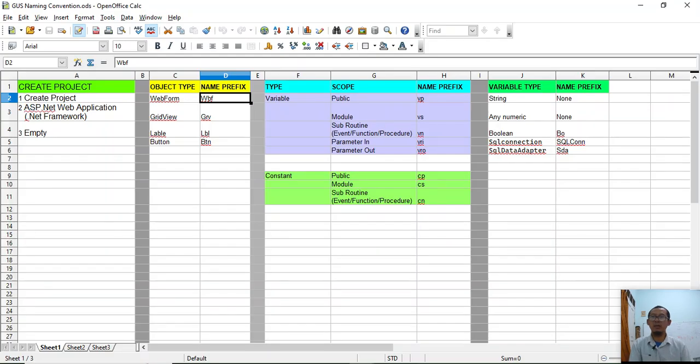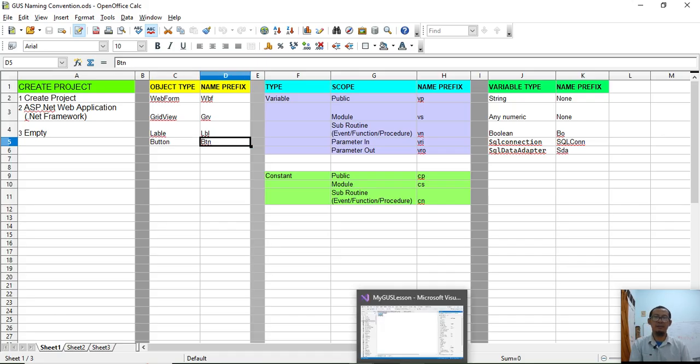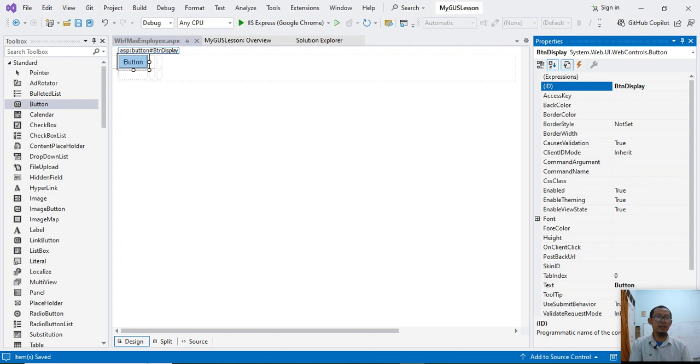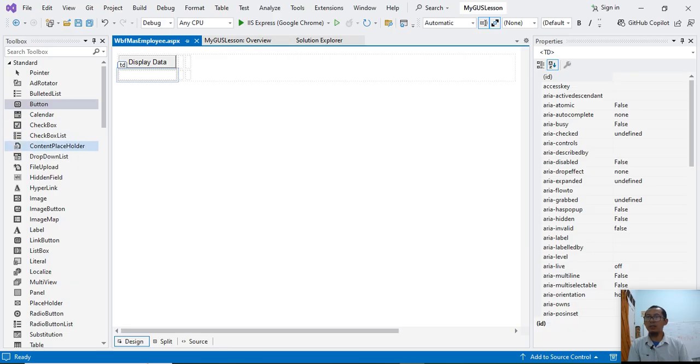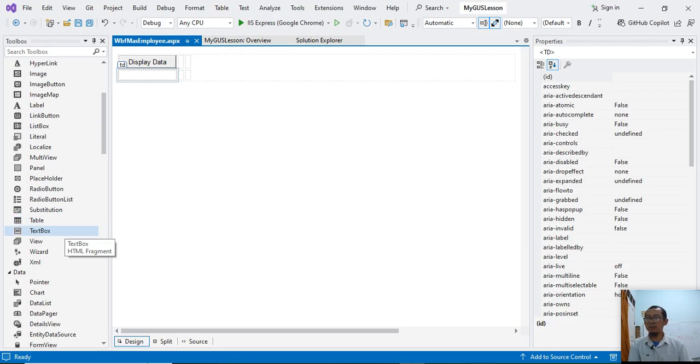Let's see my naming convention. If the object is a button, the name prefix is BTN. BTN display. The text is display data.